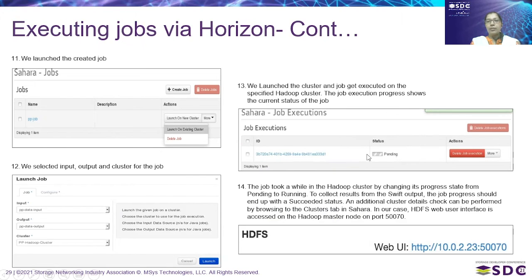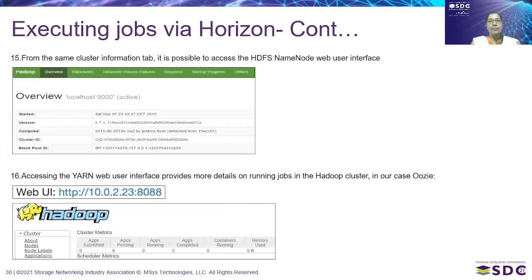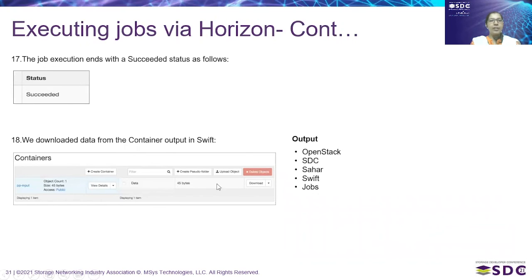After a few minutes, we get the status of success, and we also get access URLs. Through those access URLs, you will be able to see the output and the execution steps that happened in between. Finally, the job status would be succeeded, and we can download the output data from the container, and the output will be the data with extra spaces removed.